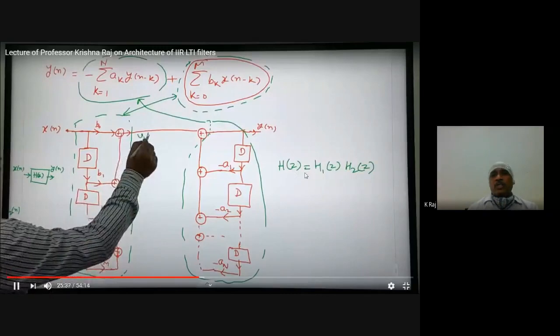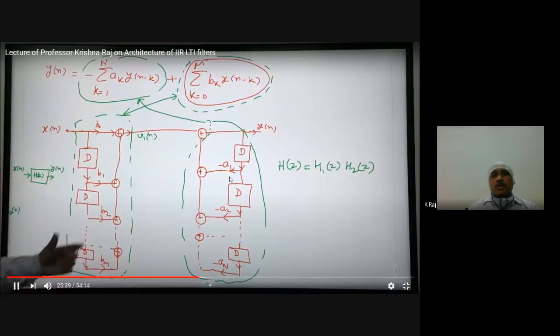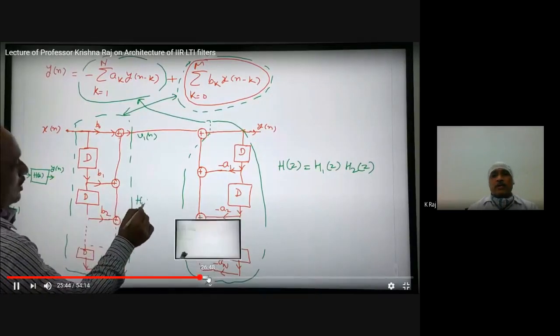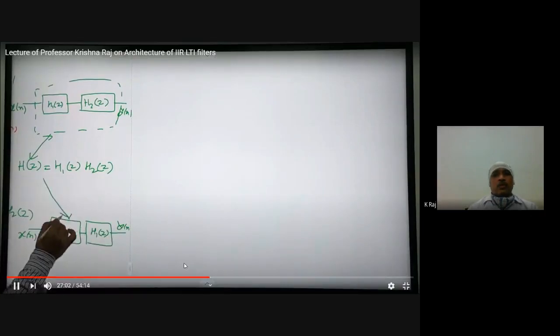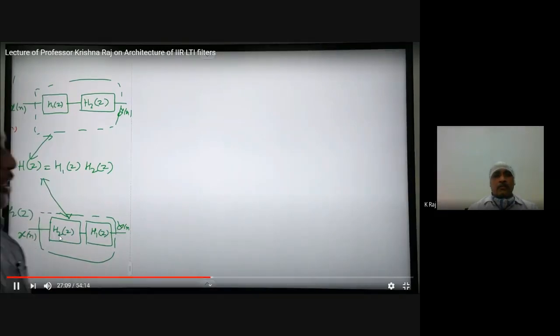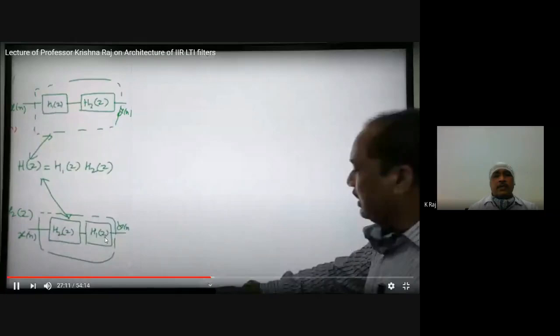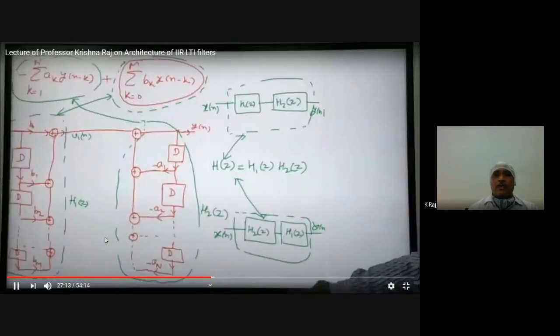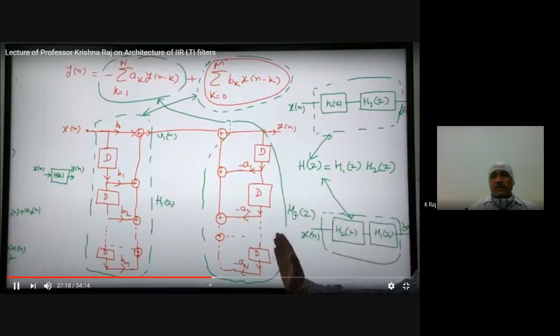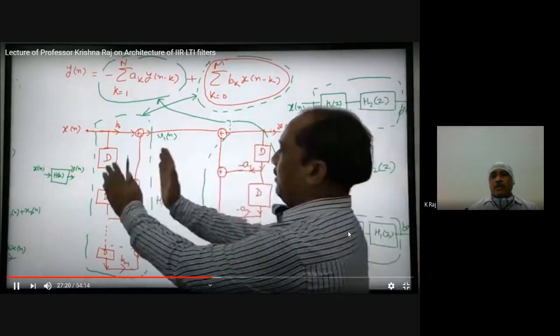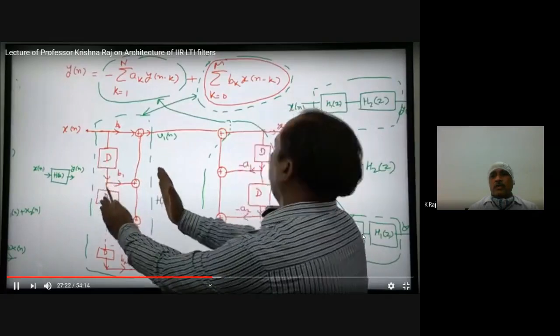And now if we change the location and position of H1 and H2, then what will happen? Performance remains same. So in the next diagram, we are just changing the structure here, that is H1 and H2. Here the positions of both will be changed, and the first will be H2(z) and after that H1(z), but the performance will remain same here. See, this is the total architecture, and here we are changing the position and location of H1 and H2(z) here.